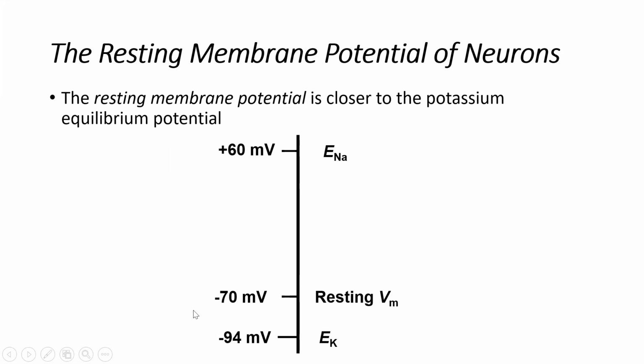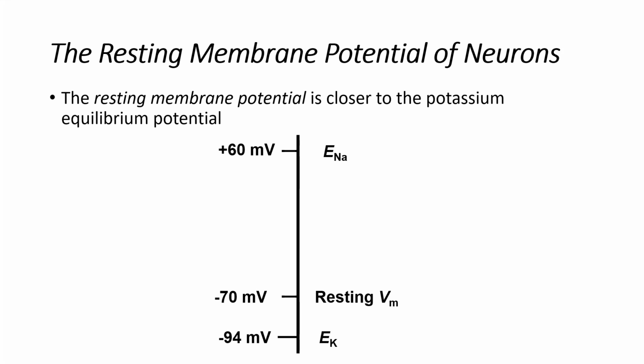Because negative 70 is very close to negative 94, potassium is going to be moving out of the cell, right? Trying to approach its equilibrium potential, which means that positive charge has to be leaving the cell for us to get to that negative 94, but it's not going to be doing so in a strong way because this is very close. Negative 94 is very close to negative 70. And so there's going to be a weak outward force for potassium as it tries to approach its equilibrium potential